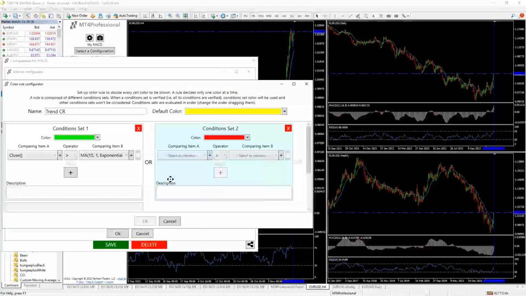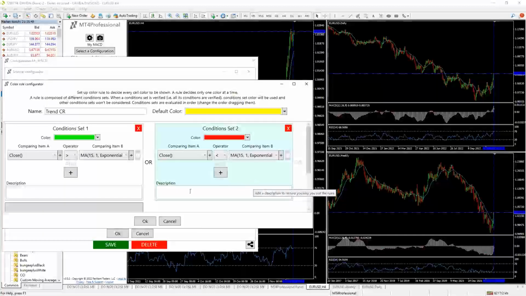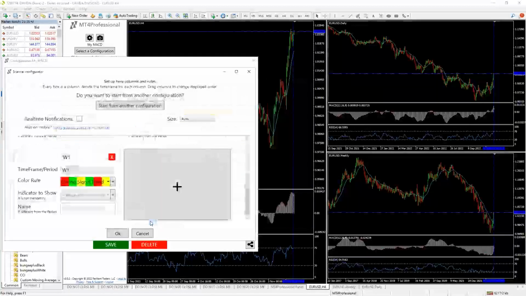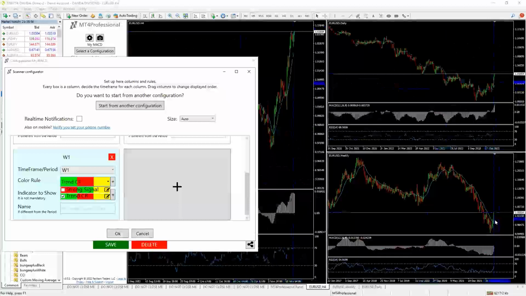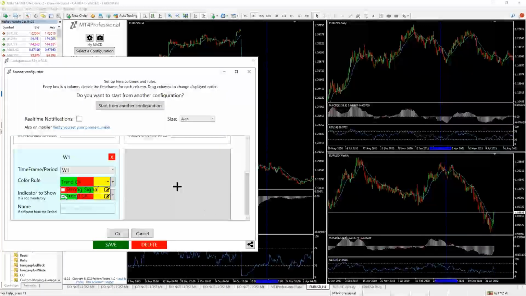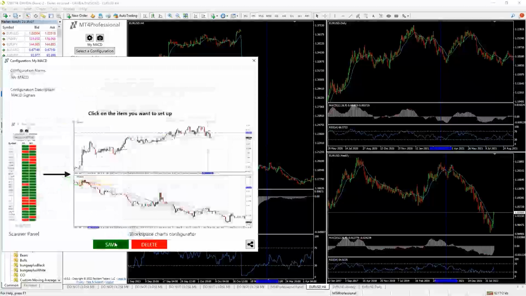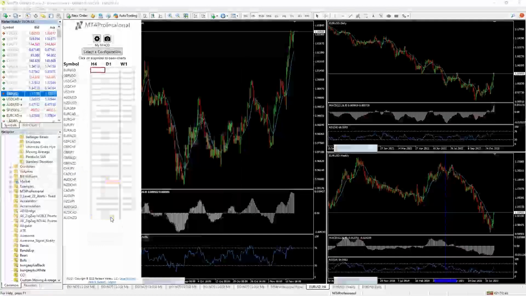Same setup. We're looking to see if close of price is less than that 15 period. So if the weekly chart now is not using the strong signal, only using the trend color rule, then I'm only looking to see if the trend is greater than or less than the current longer term setup. That's all I'm looking for, just the trend. So I click OK, save it, apply it. And by clicking load, then I'm automatically loading it back in.